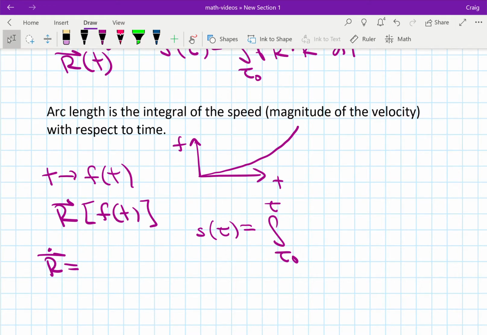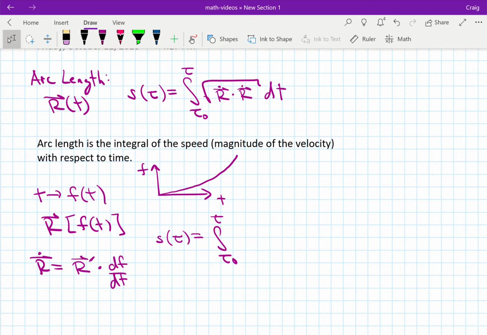So this is going to be dr, I'll call it r prime, which is dr df times df dt. So this expression here is going to be the integral of the square root of r prime dotted with r prime, and then I pull out a factor of df dt